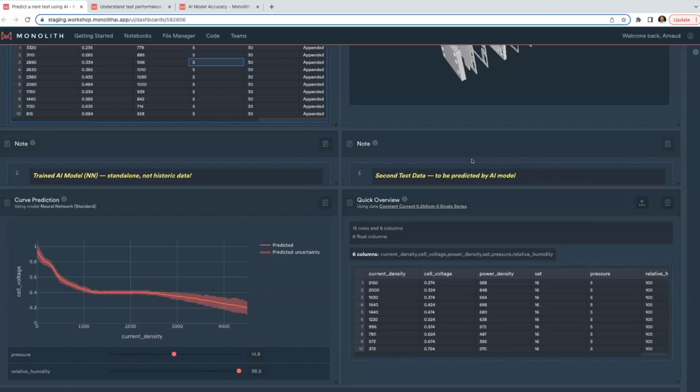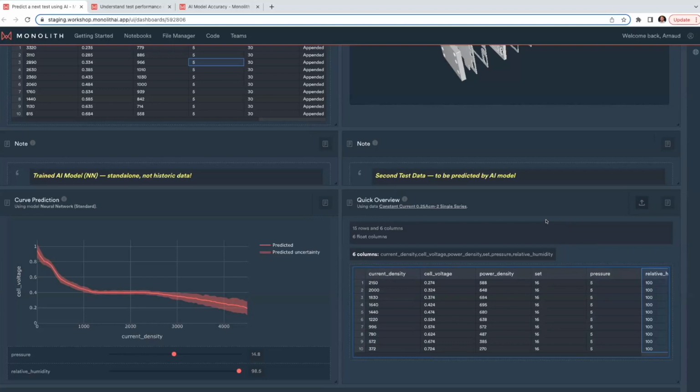And of course, in our context, I've said that we have the data set available because we've actually done the second test. But in the real world implementation, you might not have this data set available. You wouldn't have the results available. What you would know is what your conditions for the inputs are. So you would know what you would like to run as current density or pressure or relative humidity, simply because you know what you want to run your test as, right? You know what your conditions will be, you know what to set them at,